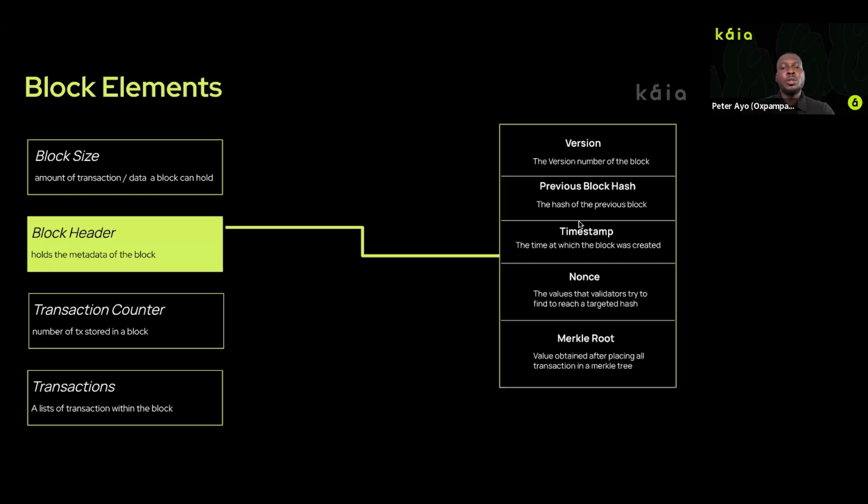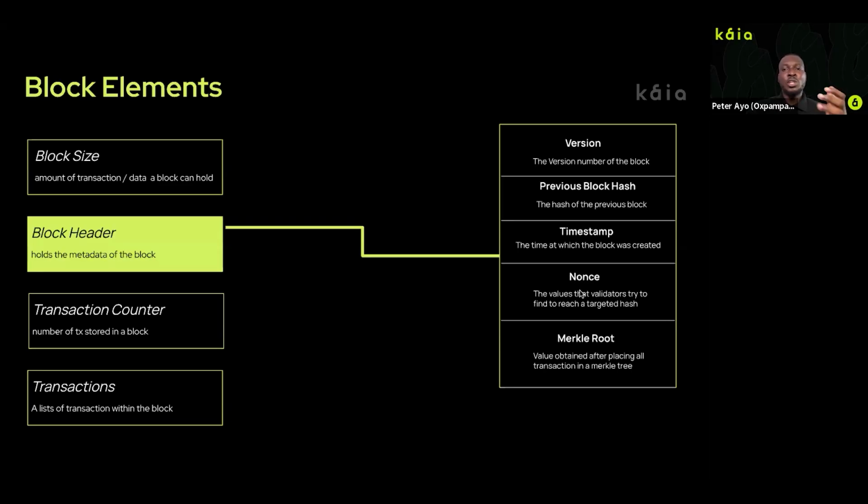The block header is the metadata that is hashed to get the hash of the previous block. In your block header, I mentioned there are five things to consider, and depending on the blockchain and the consensus mechanism being used, which we are going to look at in the next slides,